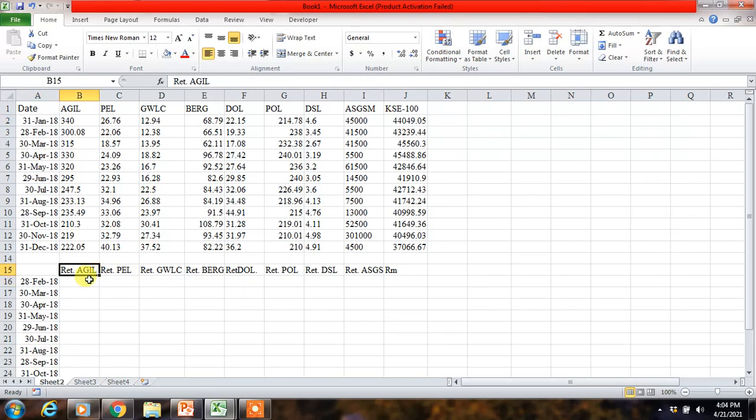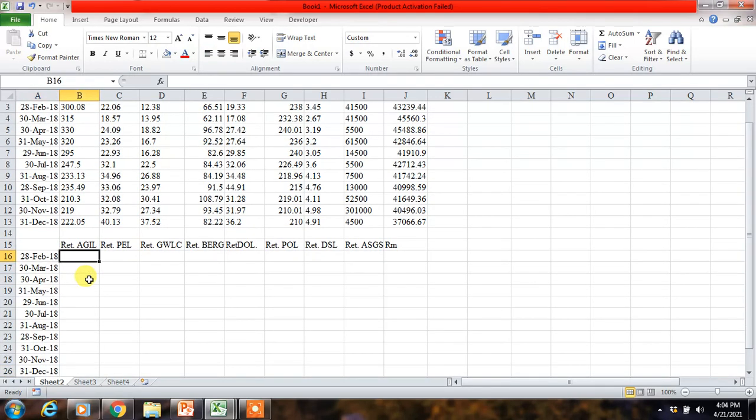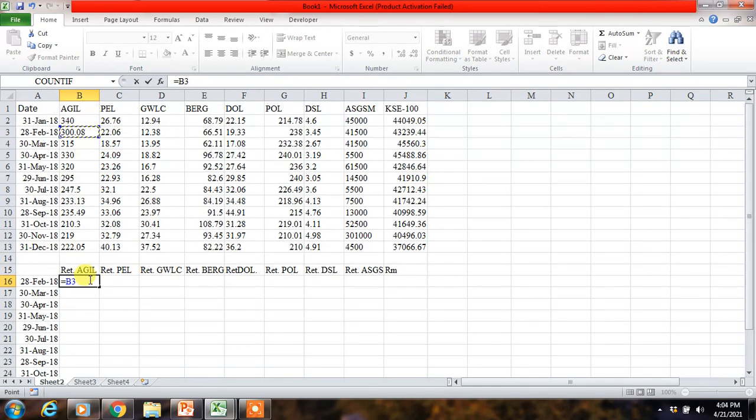I am supposed to first calculate the returns of these firms and the return of the market. So how to calculate the return? I have already taught you that the formula of the return is current value divided by previous value minus 1.